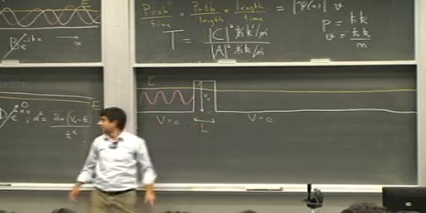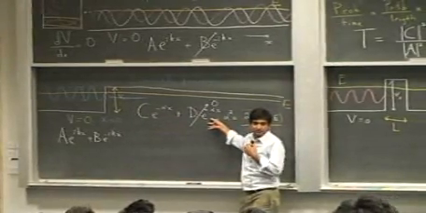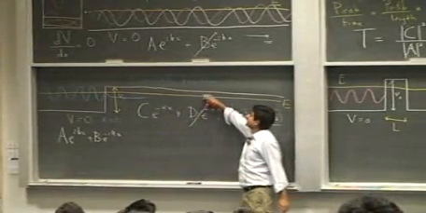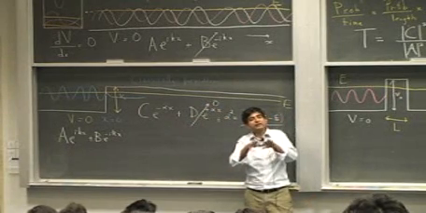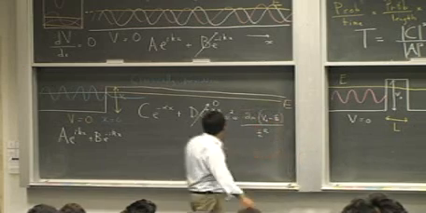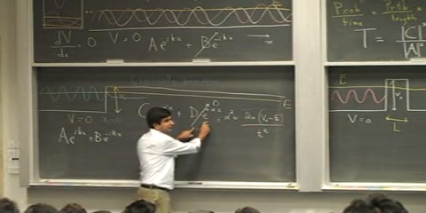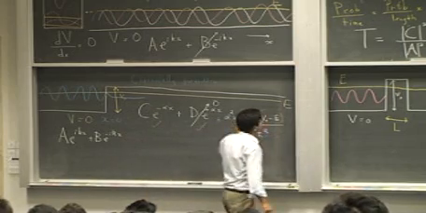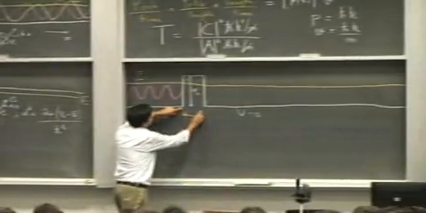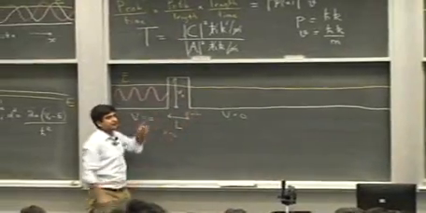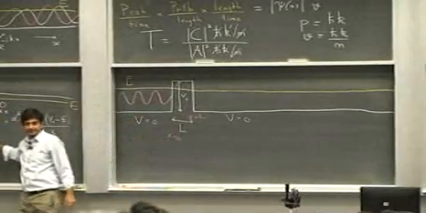Inside this barrier, I will have a wave function of this kind, because the potential energy is now higher than the energy. So I will have a kind of decaying function. I will have this term, but I will also have this term, because my x is not really going to infinity. This is x equals 0, this is x equals L. So my x is not really going to infinity, so I will have this term as well as this term.